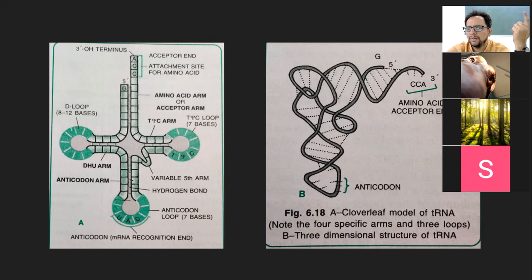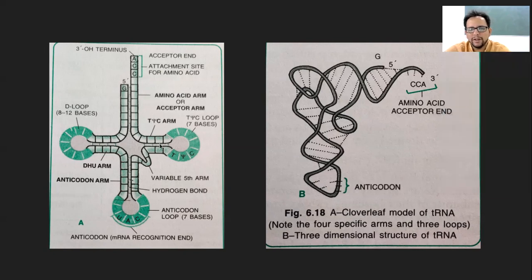Anyone? Because 5 prime to 3 prime is the coding strand. Correct. And so the code that's in the mRNA is exactly the same as that. Right. And that is when the anticodon will be opposite. Perfect. So that means we have clarity on this particular part. These kinds of questions can be asked again in the MCQ type of exam.